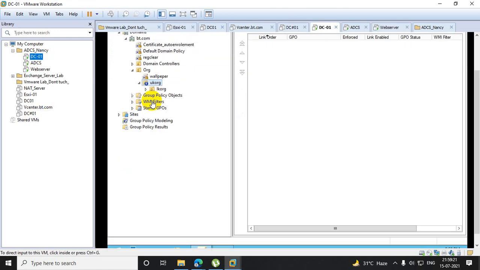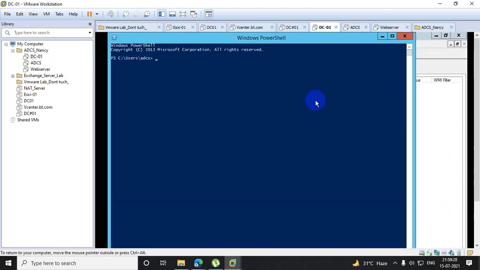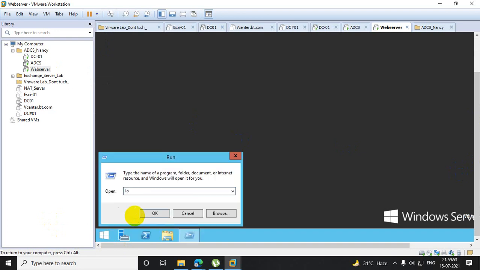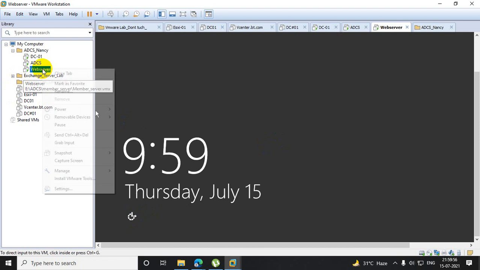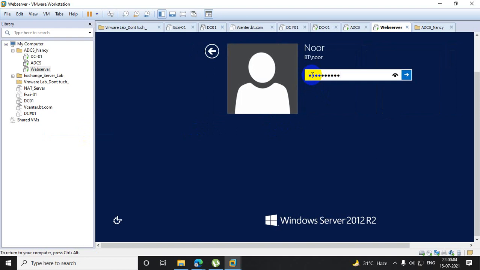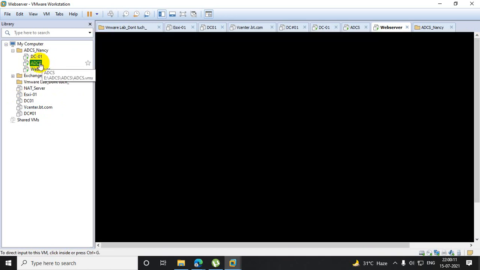Oh, sorry, I forgot to run the command. It's applying, and let's see the same machine with Anand.